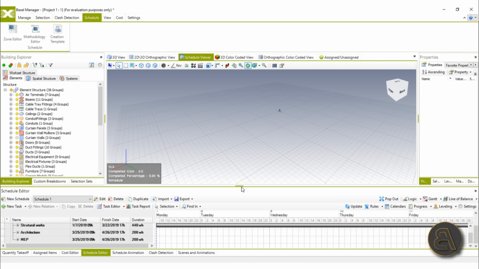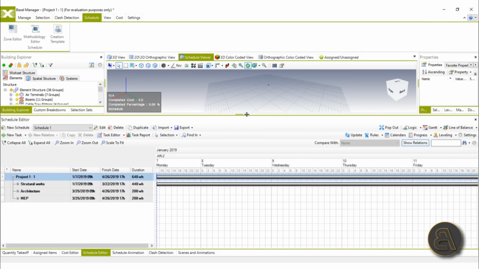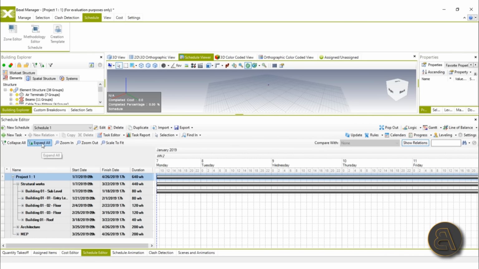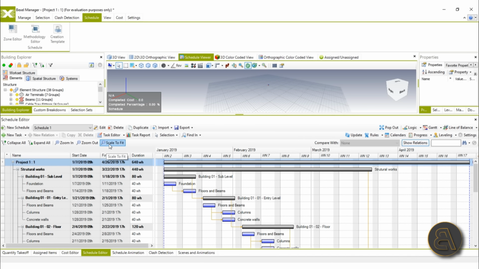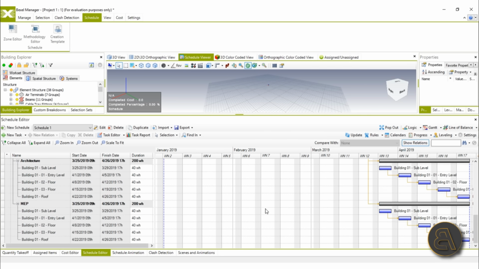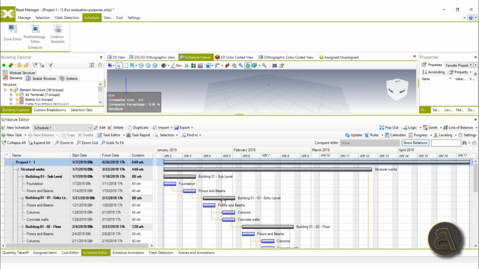And now let's expand this panel a bit, like so. Okay, so here's our Gantt chart, and if you can't see it right, you can expand it either manually like this, or just go expand all, and now it expanded the whole Gantt chart, and we can go here to scale to fit. And if I just scroll down here, as you can see, we have all of our activities over here, and when you just create this, they're all generically set to a certain